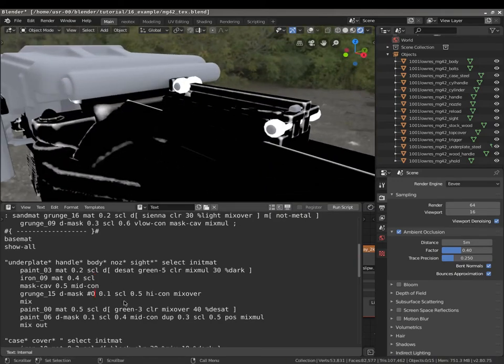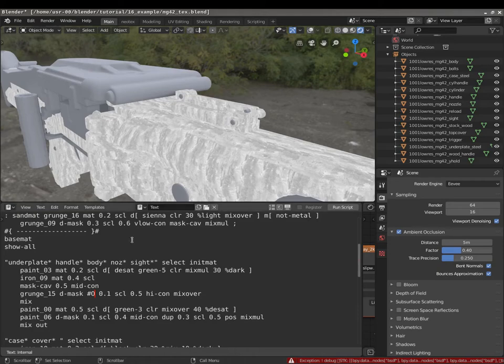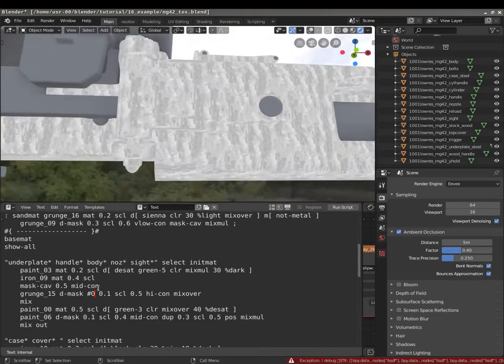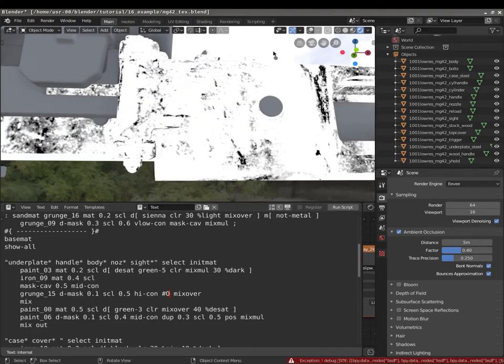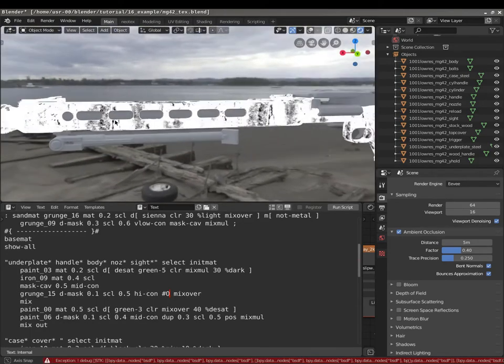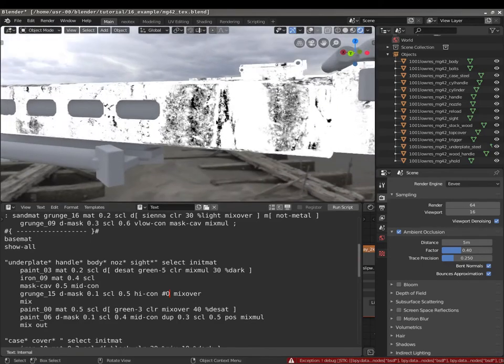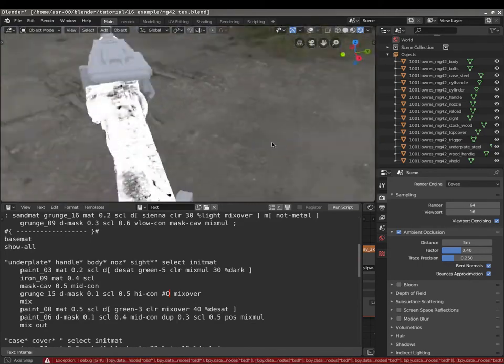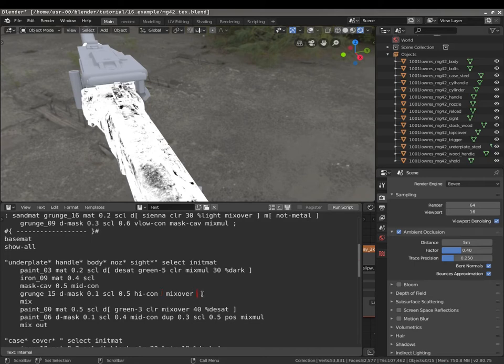Yep. So let's see the next mask, the one that will bring a little bit more variety to our mask here, and it's this grunge 15 again, with a 0.1 in scale and 0.5 high contrast. Let's see how that one looks, and it's very nice. So this will be the scratches on the paint. Let's see how it looks, mix it over,